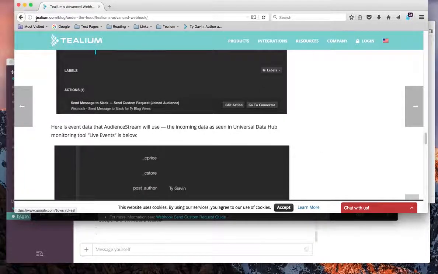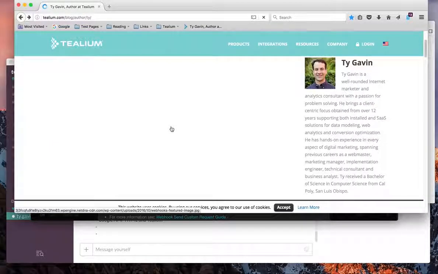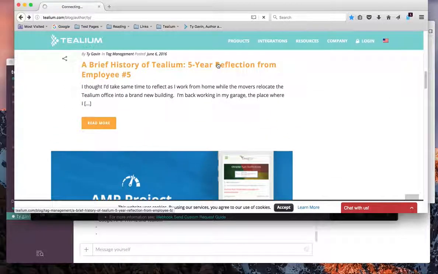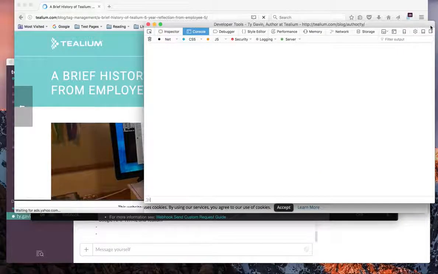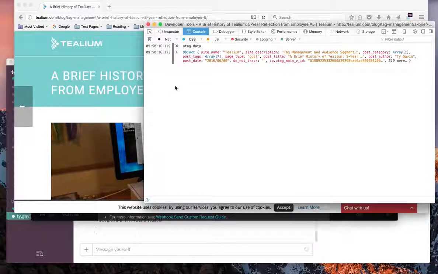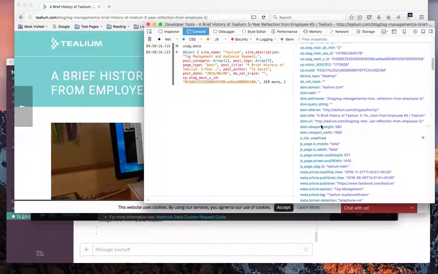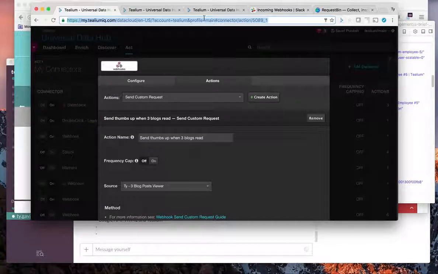If I look for a few more by the same author, let's read this one here. And Telium is implemented on this page, and I can see what's in the data layer. I'll note that this data layer is very robust, lots of cookies it's picking up. I also have a post author, Ty Gavin, in the data layer. So Telium will collect that information, send it along to Universal Data Hub,